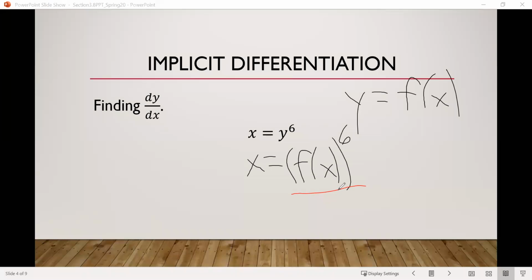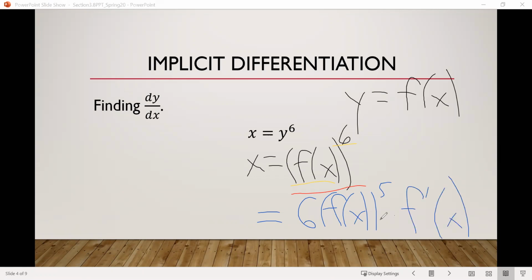Looks like we have a chain rule example here because we have a function within a function, right? We have the f of x within something raised to the sixth power. So we could use our chain rule here and do the derivative of the outside. So that's 6, evaluated at the inside, so f of x raised to the fifth. So we use the power rule there, times the derivative of the inside, which would be